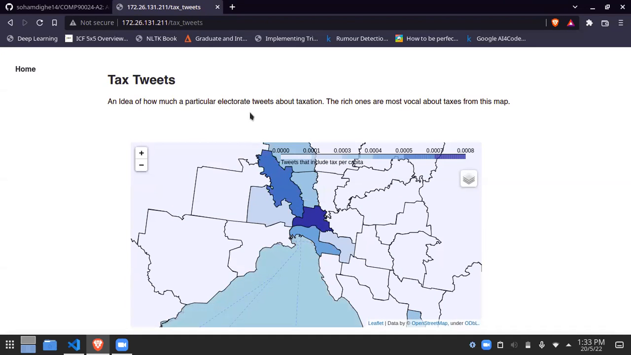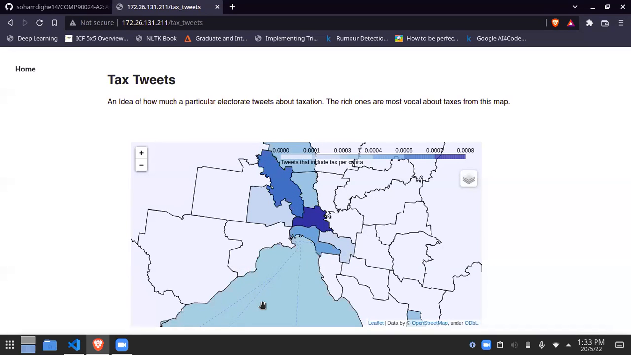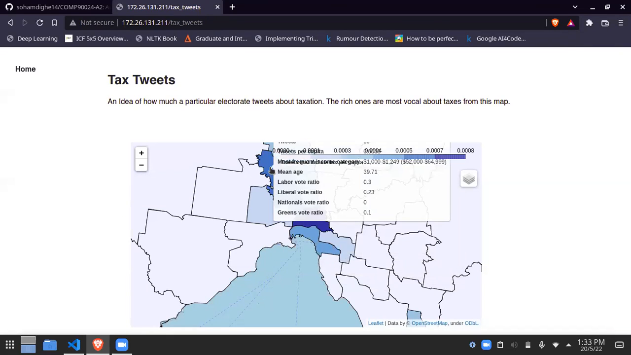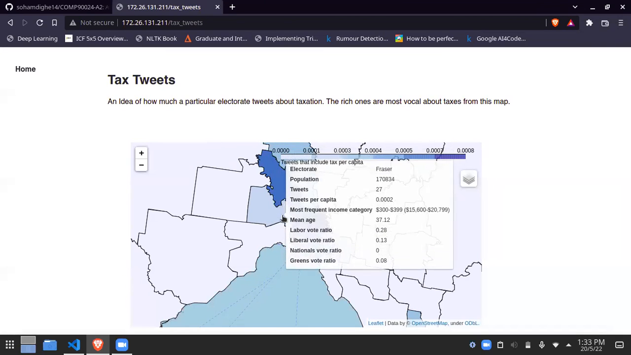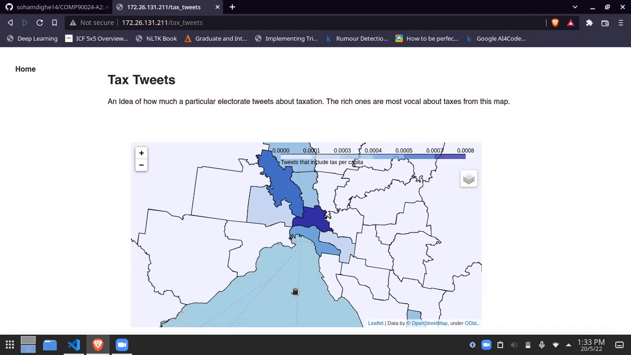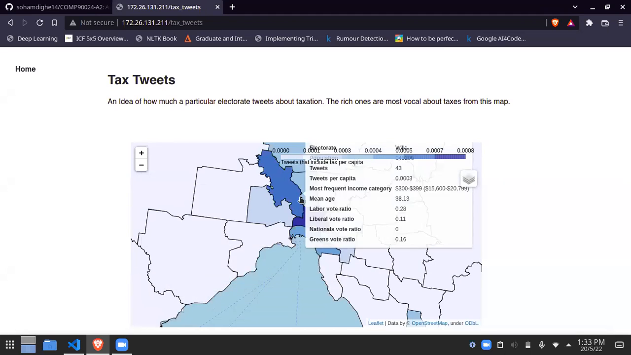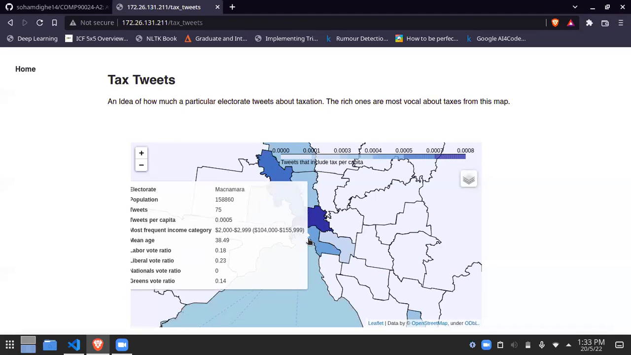Okay, so this shows the number of tweets that include tax per capita, per number of people out there. Again, surprisingly, the electorates Fraser and Maribyrnong have a lot of people talking about taxes, which is curious because we don't really know why. As expected, the center of the city definitely talks a lot about taxes